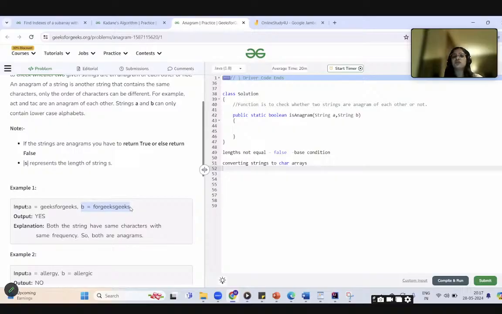But why increase the complexity? For two strings, we have to create two hash maps, which will increase the space complexity, right? So let us try to solve this question using the basic data structure, that is arrays. So the second step is that if there are two strings, we need to convert them to arrays. Then